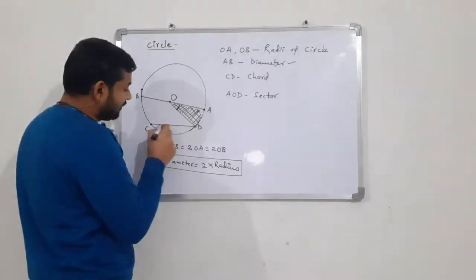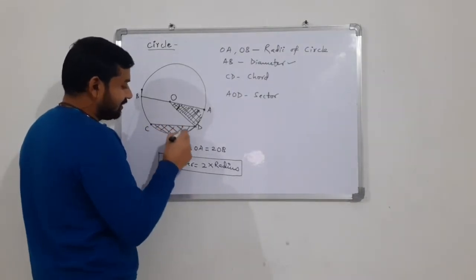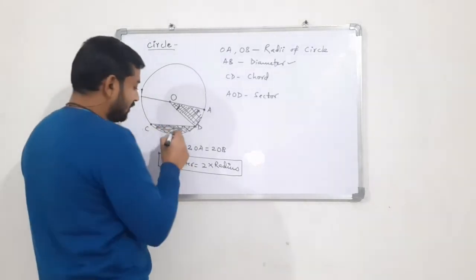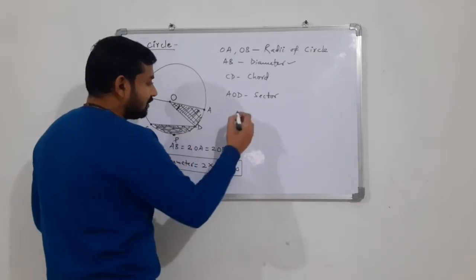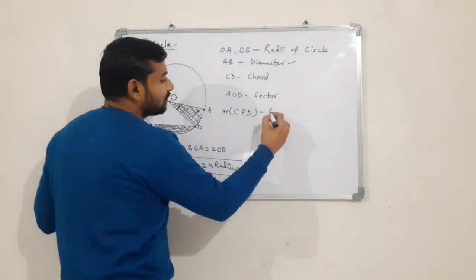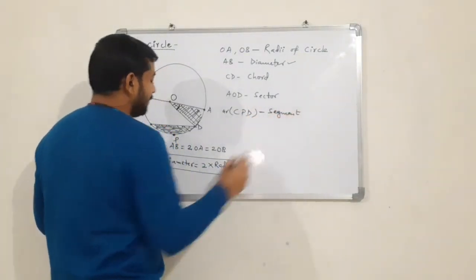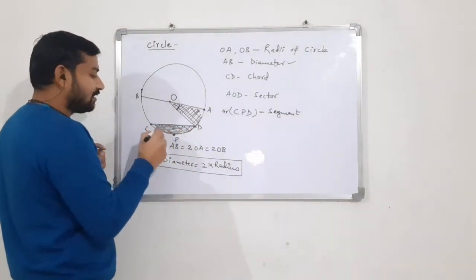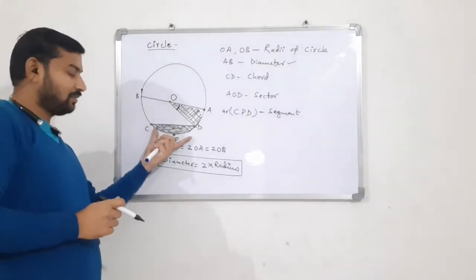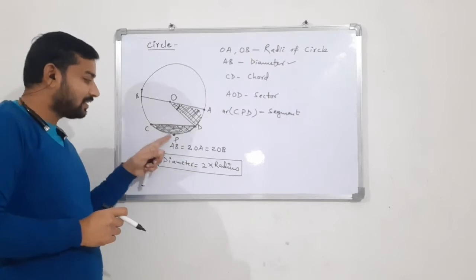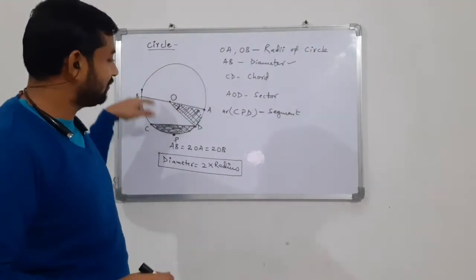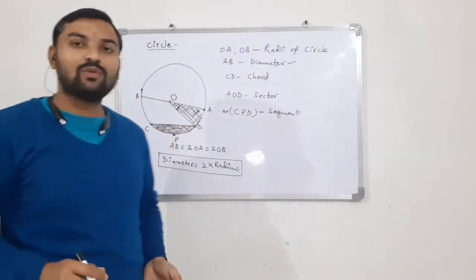Next thing is, if we consider this area which is shaded by me just now, if we take one more point here, P, this CPD area is called a segment. And here again, if we consider this area, this is a part of the circle and the remaining portion is again a part of the circle. So we can call this CPD area a minor segment, and the remaining area of the circle which is not in this segment part is called the major segment.